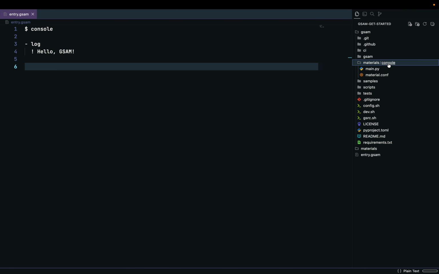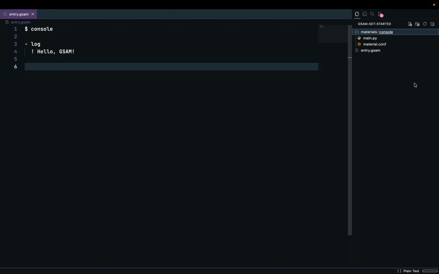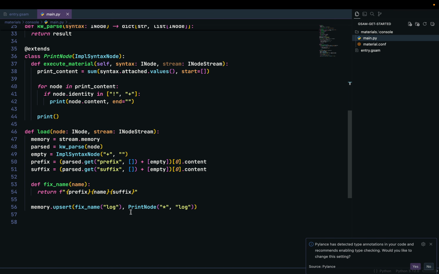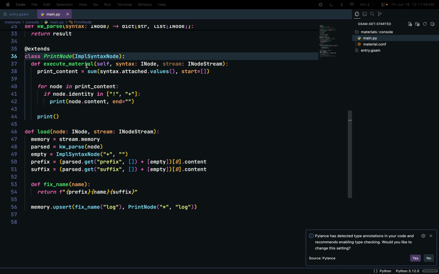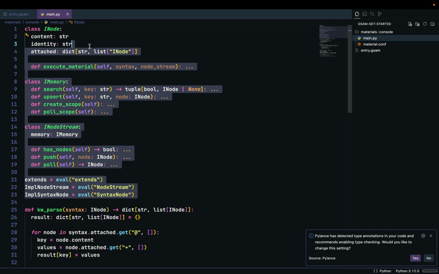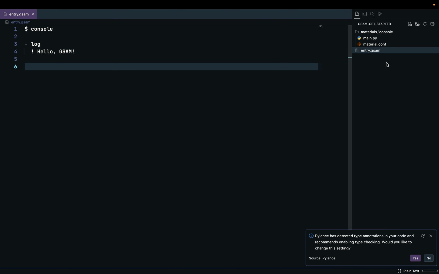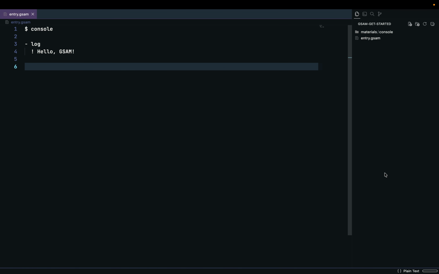I'll just copy this console, move it over here, and then delete this. So this is literally the console module. One can create their own materials as well. This is the template for material. I will be releasing it to the public, but since this is just a very demo video, I have